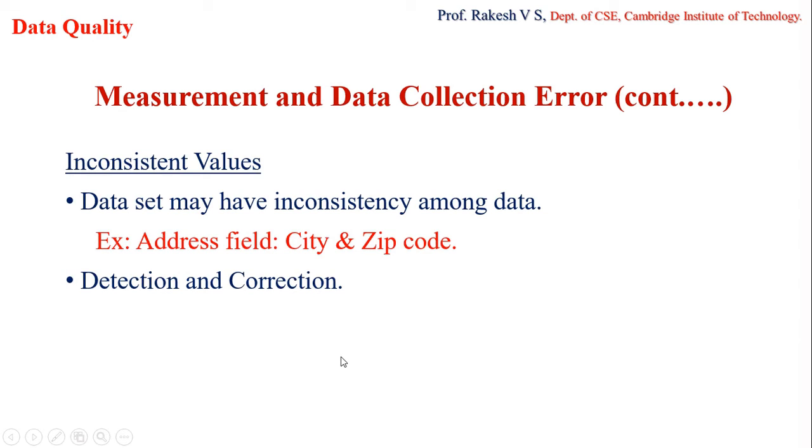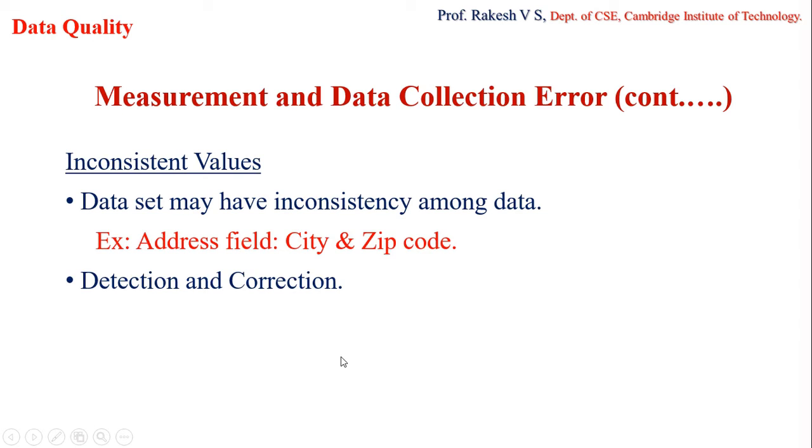In case of inconsistent values, many a time the data we have will contain some inconsistent value. Example, the address field. Here we know that every address field will have a zip code, right? Which is unique for a particular area. Say the area mentioned is Kerpuram, and the zip code is written as 560066. Now here both of these have a mismatch. When the postman takes this letter and is sorting it, he will be confused because it is written Kerpuram and the pin code is 66, but the actual pin code for Kerpuram is